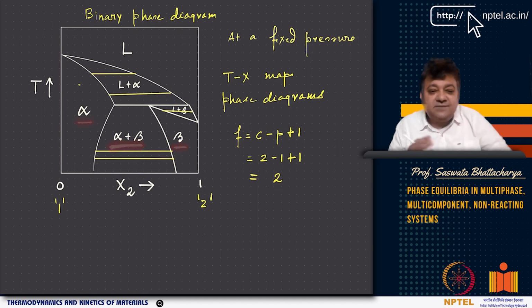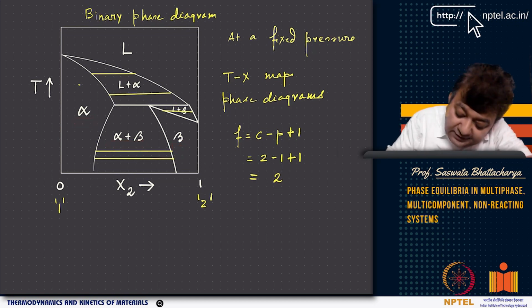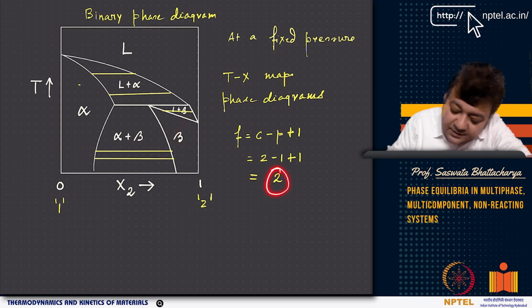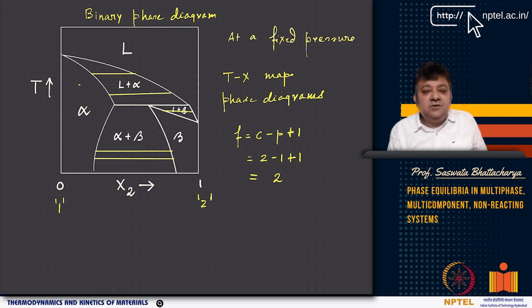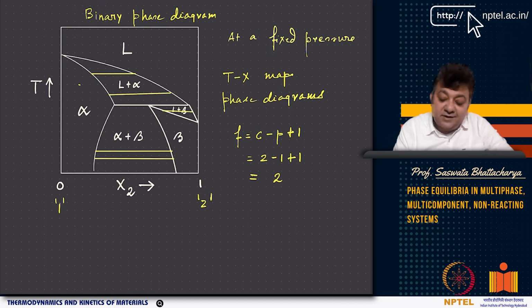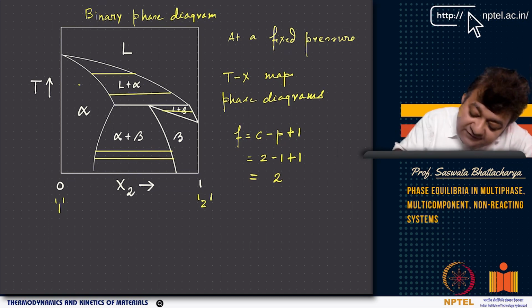Now if there is coexistence, that means there is some equilibrium. If I look at a phase boundary where alpha and beta coexist, the degrees of freedom has changed. Again, you go to the beta phase region, it becomes different. Now 2, in a two-dimensional diagram, represents an area. So if the degrees of freedom are 2, then the region is represented by an area, like alpha or liquid or beta. A single phase alpha is an area, a single phase beta is an area, and single phase liquid is an area.